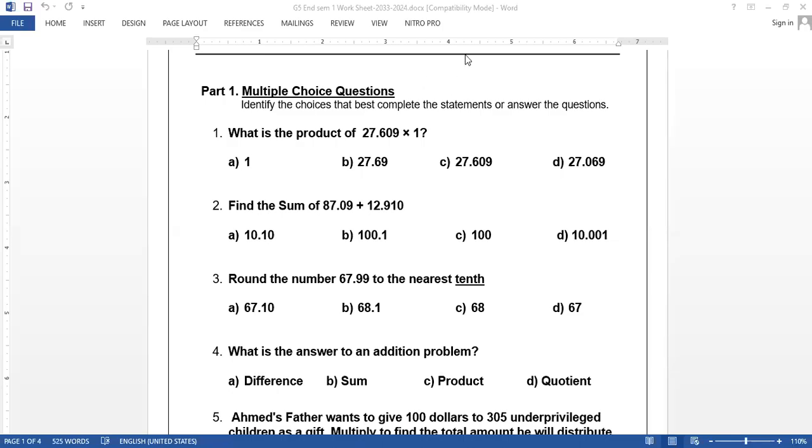How are you, everyone? Today we are discussing some important points and concepts in grade 5, which focus on this worksheet for the final exam, semester 1. Here we start. Part 1, multiple choice questions. Question number 1. What is the product of